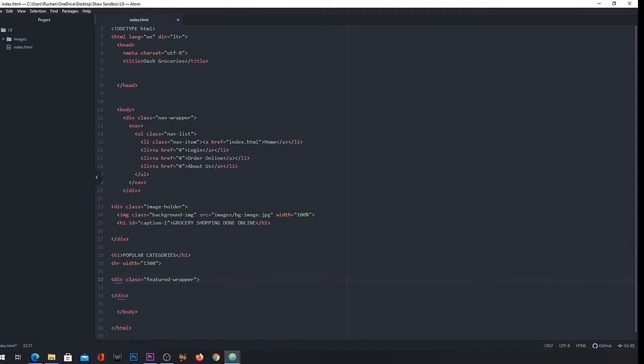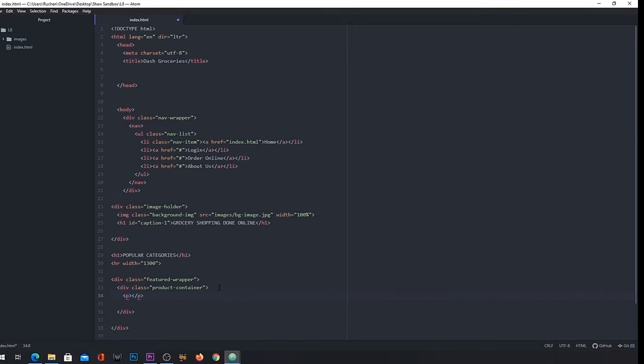Okay, quite important to keep in mind as well. So what I'm going to say here is I'm going to say div, and I'm going to give this a class of product dash container. Okay, and then the line below that I'll just add a paragraph tag, and in this paragraph tag